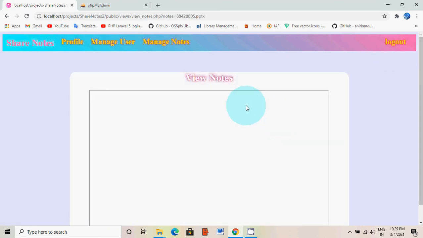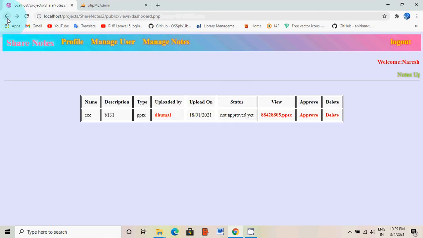In this application we use Google View. That's why, if we want to view documents such as docs file, PPT or zip file, we have to host the application, but we can view the PDF file without any hosting. We will see that further in the next part, then we can approve it.